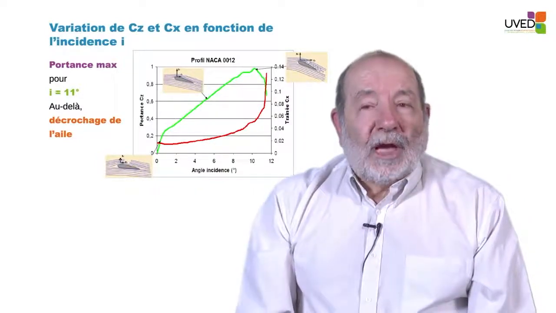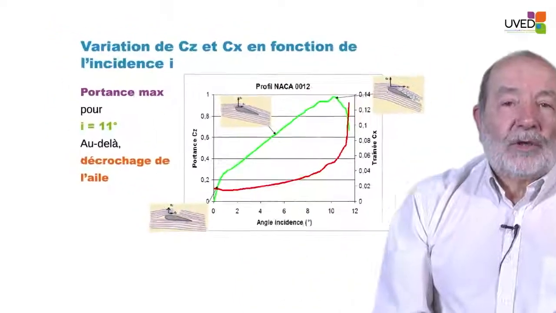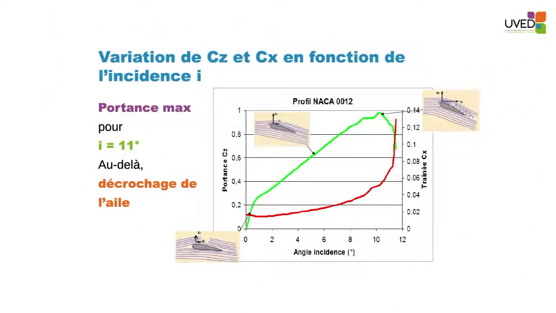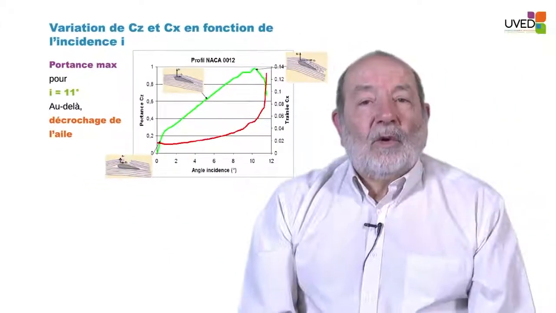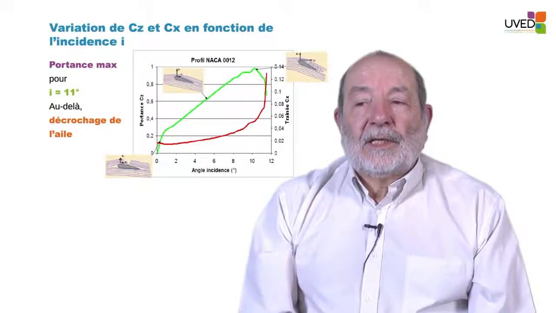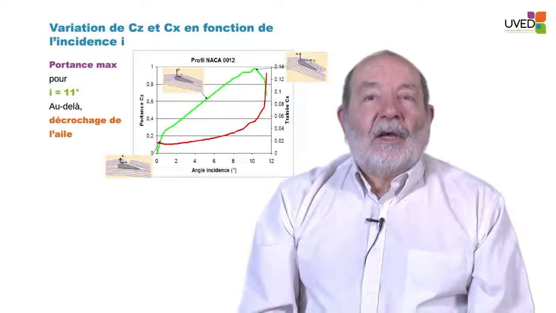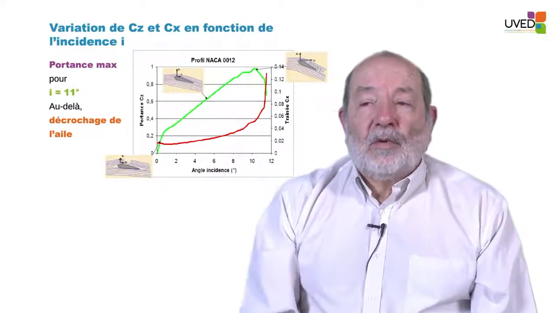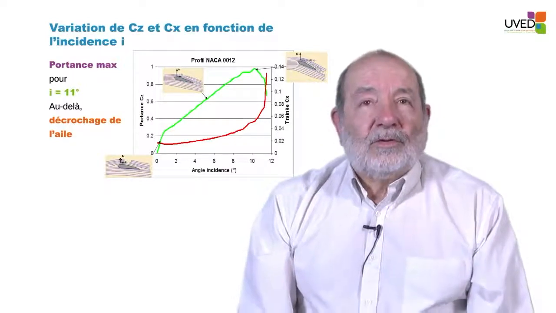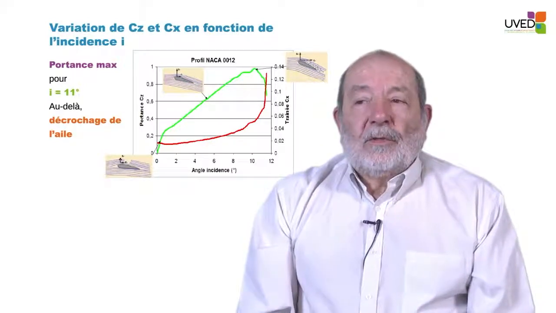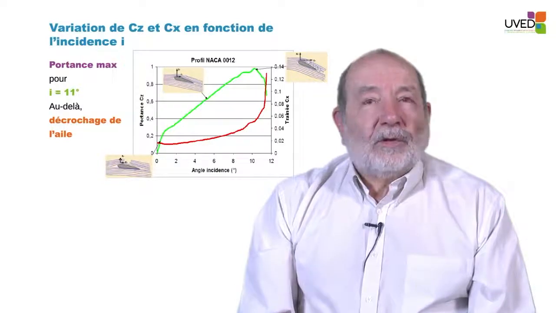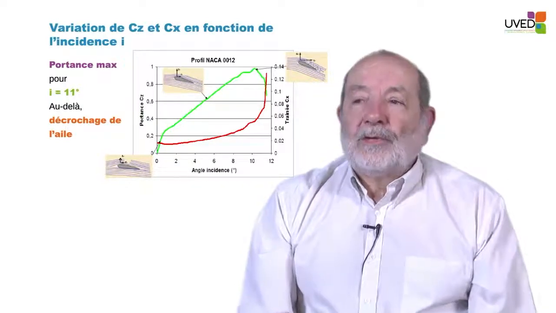How do we obtain this? Either we use wind tunnels or virtual wind tunnels on the internet. If the incidence angle is 0, lift is 0 and there is very little drag. And if we increase the incidence and reach an incidence angle that is common to all profiles, 10 to 12 degrees, lift will drop and drag will increase strongly,